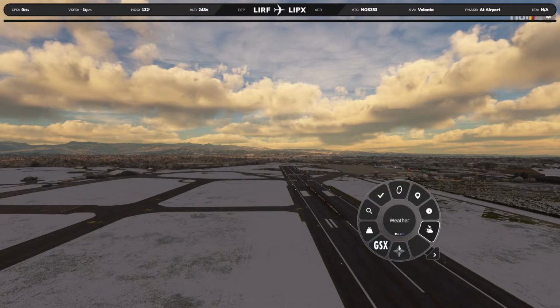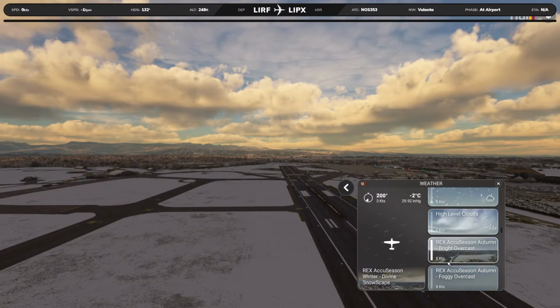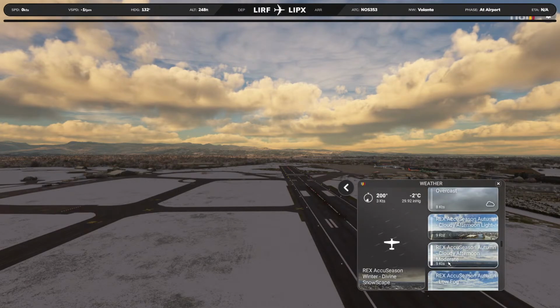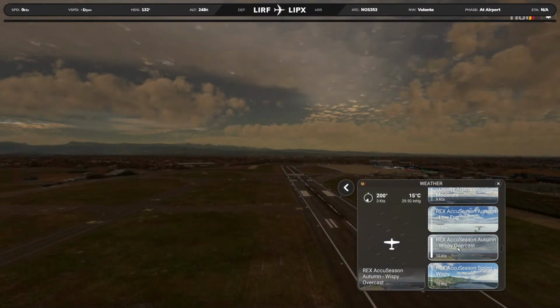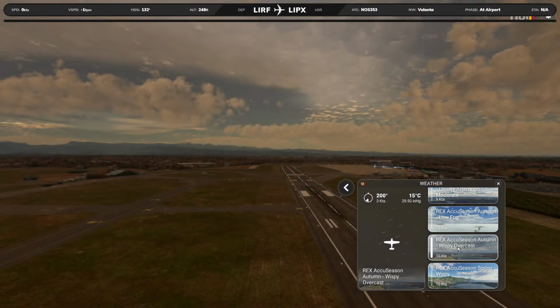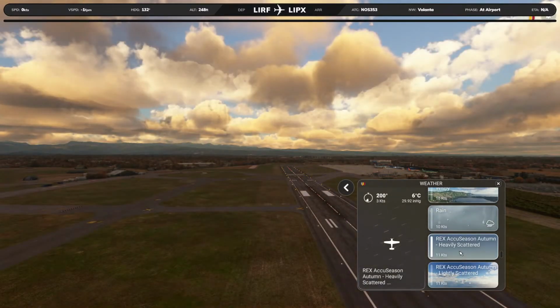Here again, if I go to the seasons here, and I click here, let me just show you. Maybe we'll come here to low fog, overcast. Look at that. Look at how beautiful this is. It just really does change the sim quite a bit.